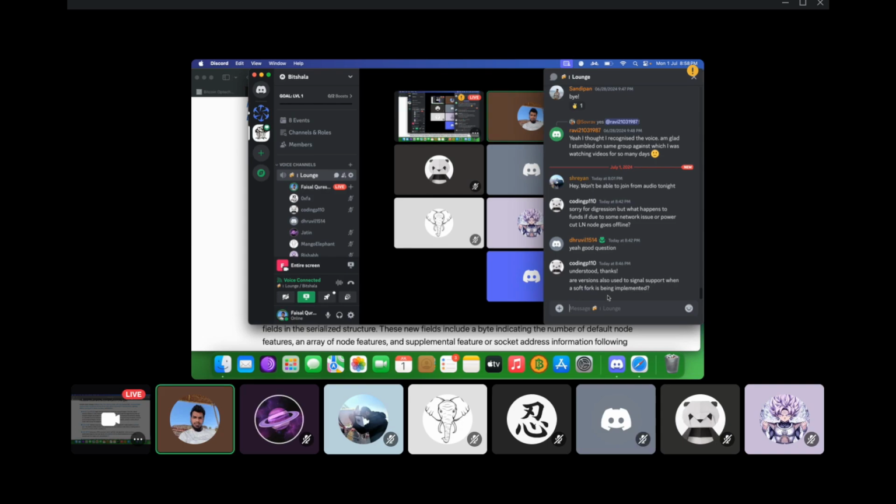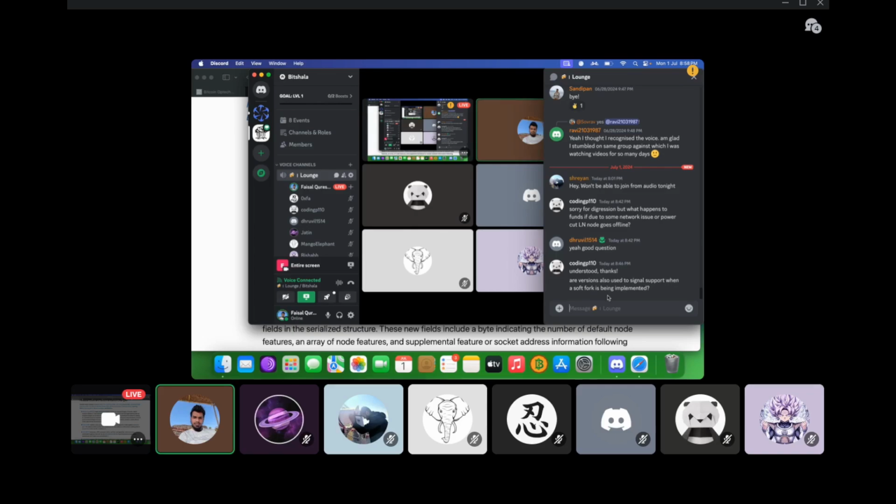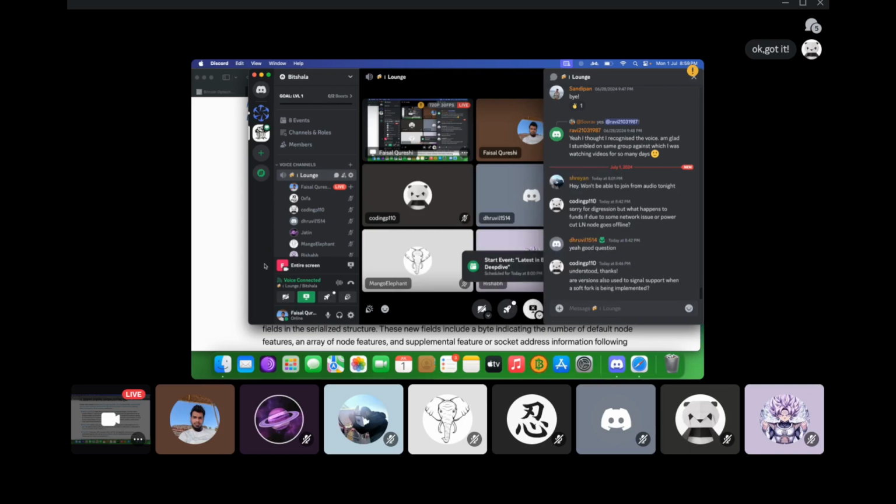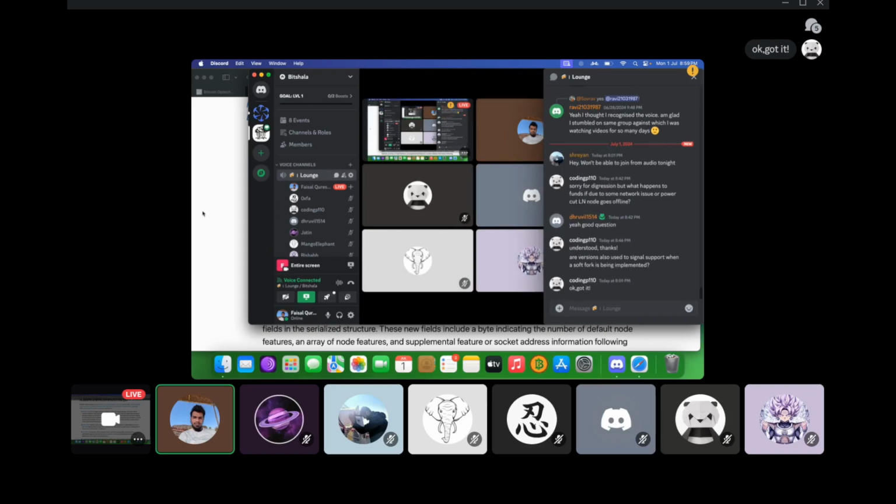I don't believe these versions. No. To the best of my knowledge, these are not the versions that you use to indicate supporting a certain soft fork. No, it's the miners that, like for instance, if a miner wants to mine transactions that are of version 2, then they indicate it by putting a flag when they are mining transactions or in the blocks. All right. I think Dhruvel is also asking a question. So I'll move on to the next PR, then I'll come back to your question, Dhruvel, by the time you can type it.